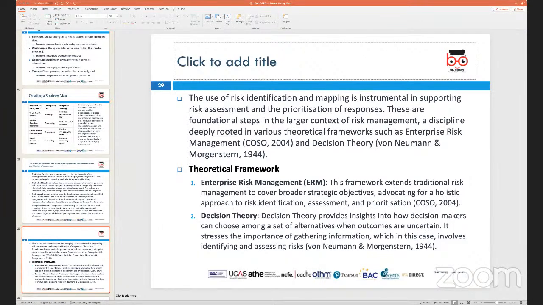Now, there are certain theoretical frameworks which are primarily used when we talk about dealing with risk and prioritization of risk. One of the frameworks that we use is the COSO framework. COSO framework is basically a foundation of internal controls and fraud deterrence. Now, this is mostly related to the financial side of things, but it basically helps in enterprise risk management, and is one of the frameworks which is widely used,